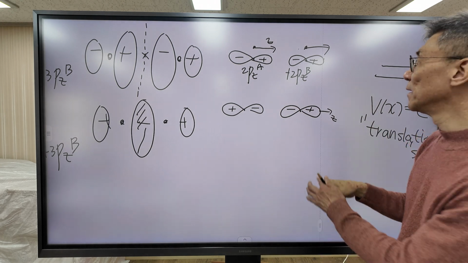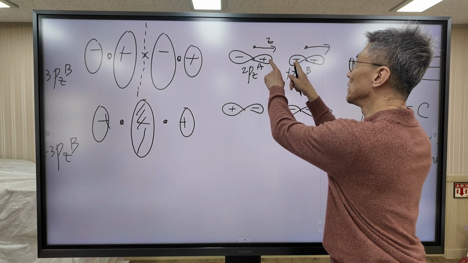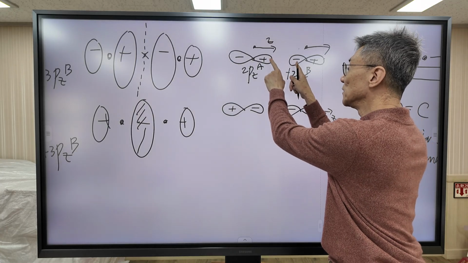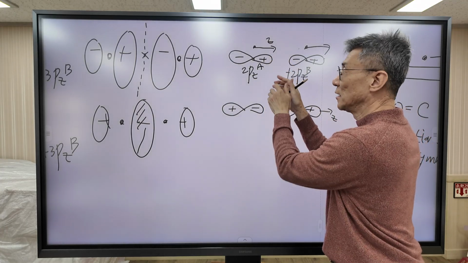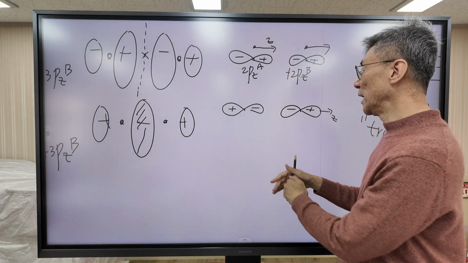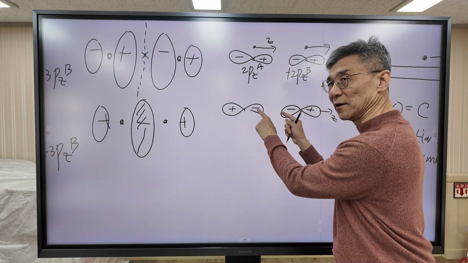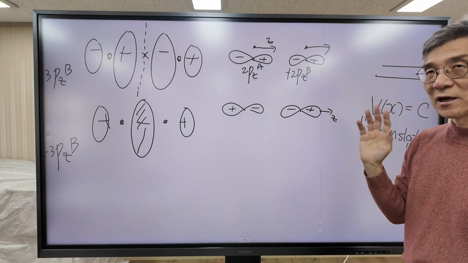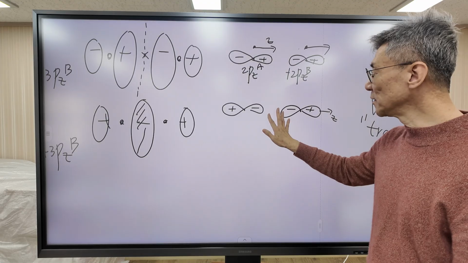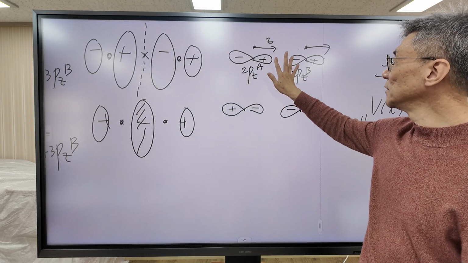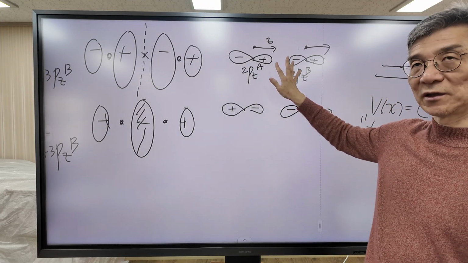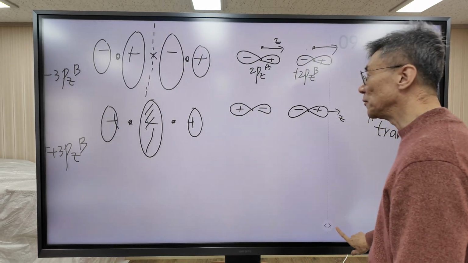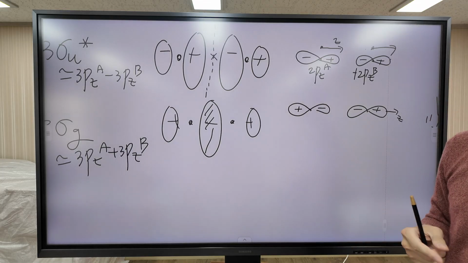The important point is whether the two orbitals interfere constructively or destructively. If two orbitals interfere destructively, with opposite sign, it leads to an anti-bonding orbital. If the two orbitals interfere constructively, it leads to a bonding orbital. Sign does not matter. Constructive interference leads to a bonding orbital. Destructive interference leads to an anti-bonding orbital. This matters. So anyway, in this way, we can now construct molecular orbitals.